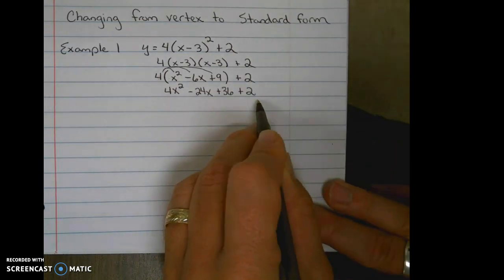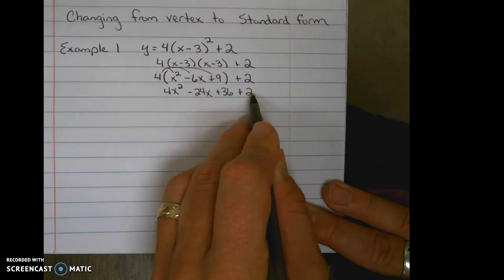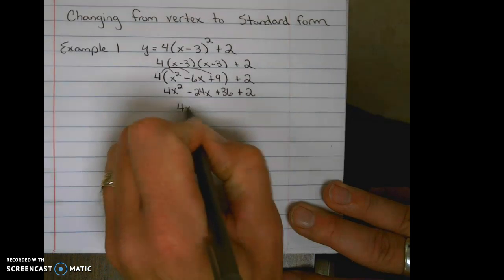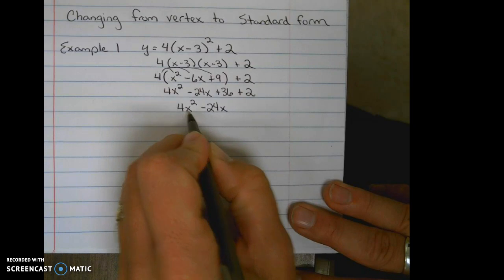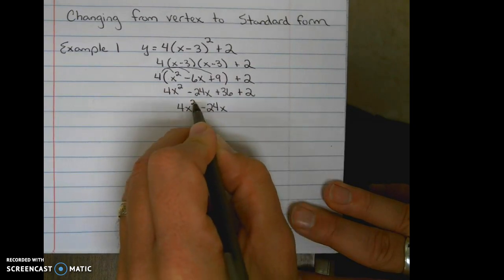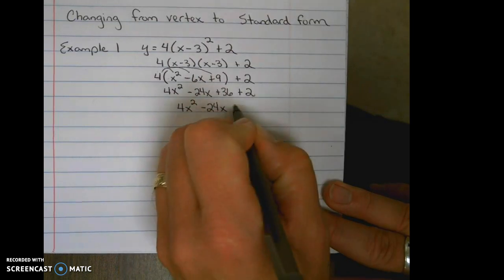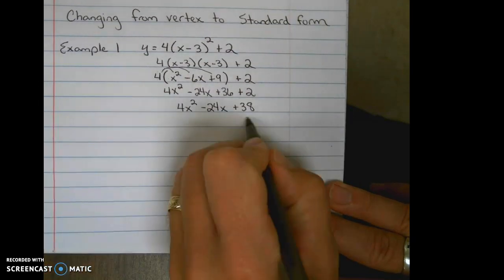Finally, we do any adding and subtracting, and we can only combine like terms, which in this case would be the 36 and the 2. So these stay the same. These are unique terms based on the base and the exponent. They're different, so you cannot combine them. 36 and 2 is 38. And now we have our y-intercept,